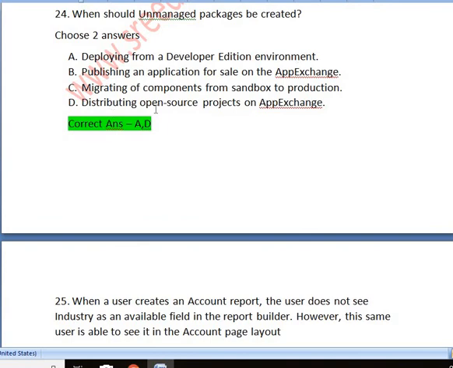Next one is distributing open source projects on AppExchange. In these two cases, we should